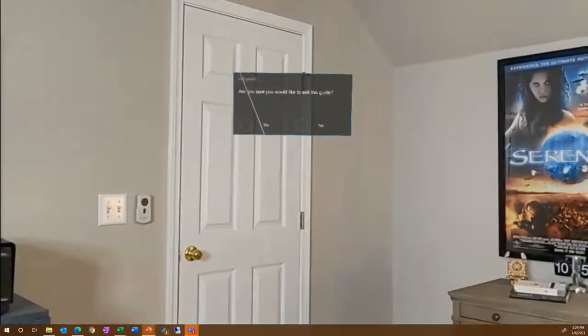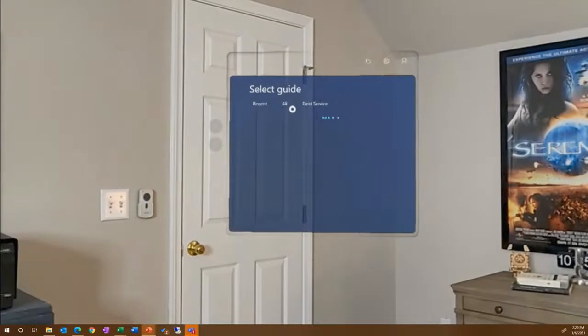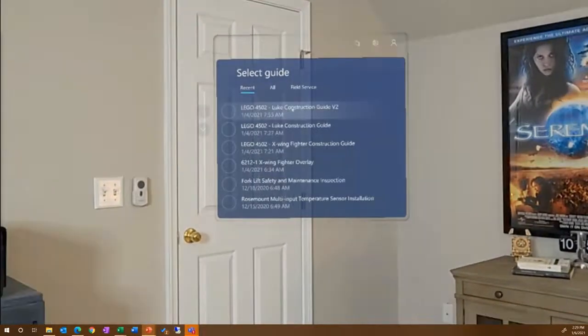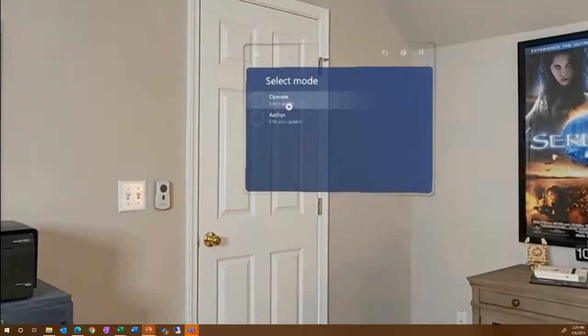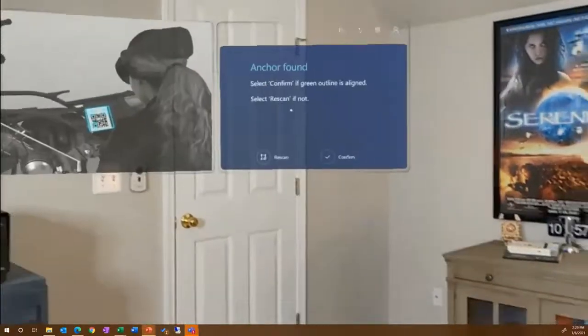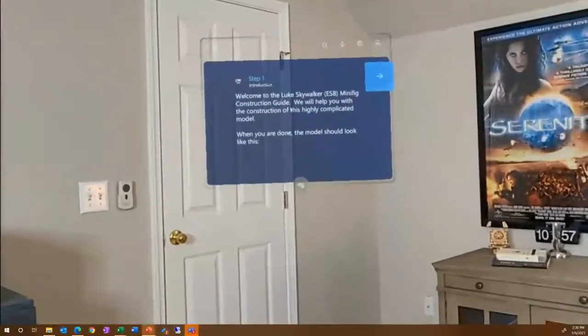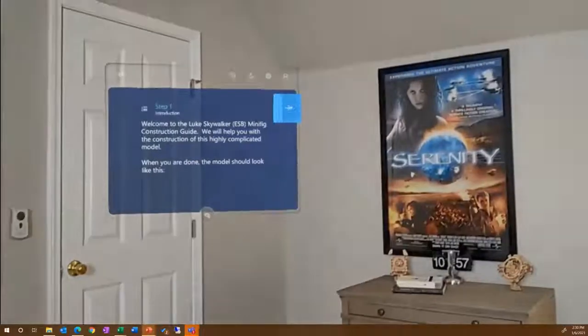So this is the first step. I'm going to exit from here. Now that we've done the authoring process, let's see what that looks like for the user, because the user doesn't need to go out and move things. Actually, they can't move anything. What they need to do is anchor the task to a point in space. And now everything that we've created, including the instructions, is over here.